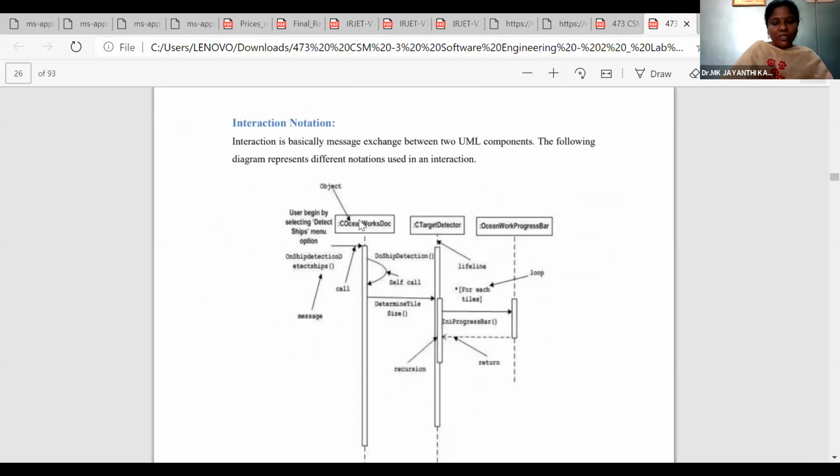The operations performed are shown along with the first function, second function, third function. The process starts, accesses the first function, then goes to the second function, then the third function. What is the input to this, what is the output produced, and how it is given to the next level and coming back. The interaction diagram should be represented using these notations.